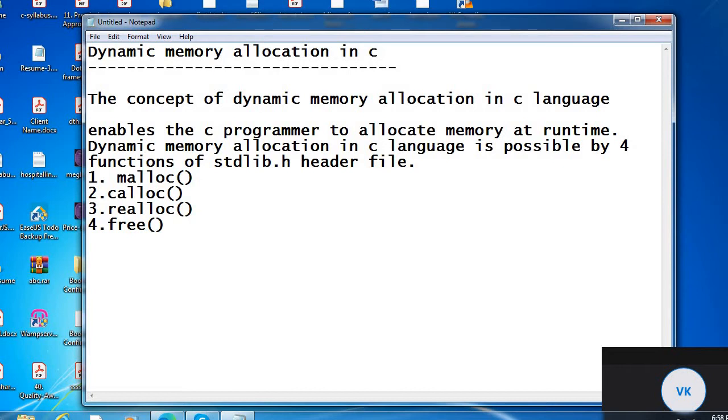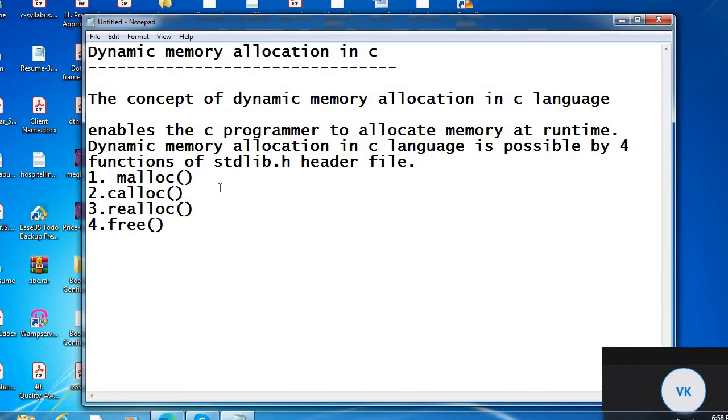memory allocation. Static memory allocation means memory is allocated at compile time. Compile time means when we check the errors. When we check the errors at compile time, that is called static memory allocation. Dynamic memory allocation means memory is allocated at runtime.